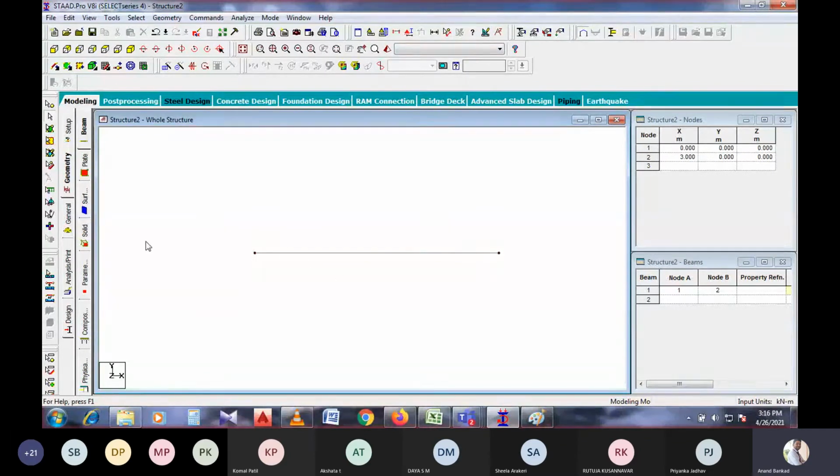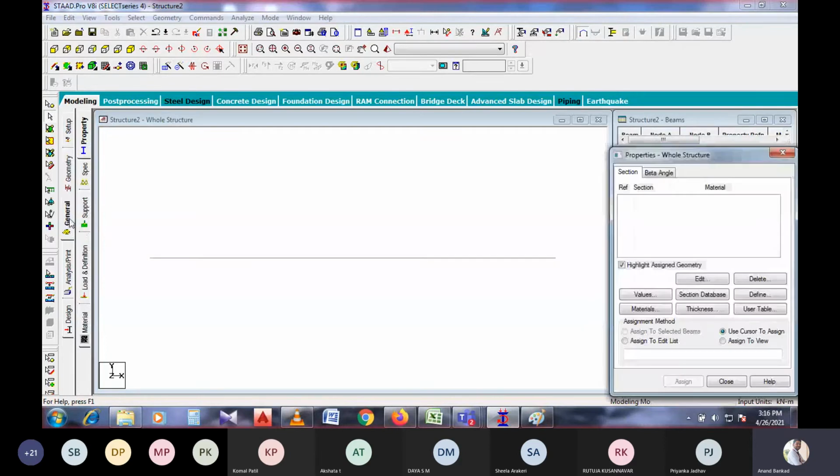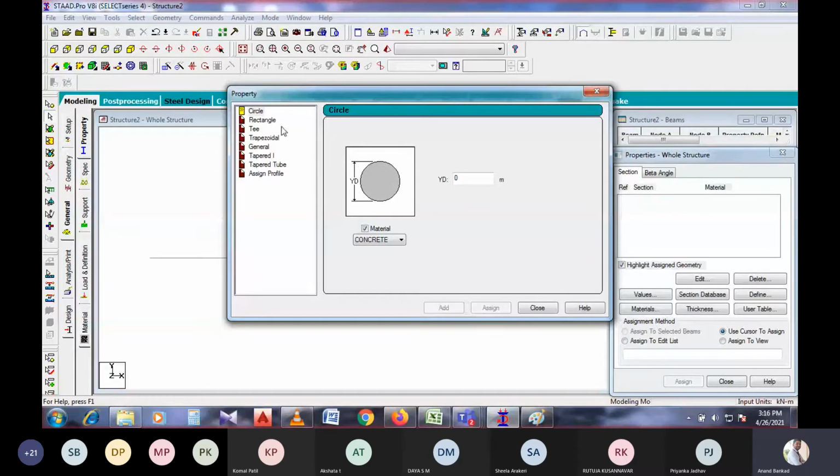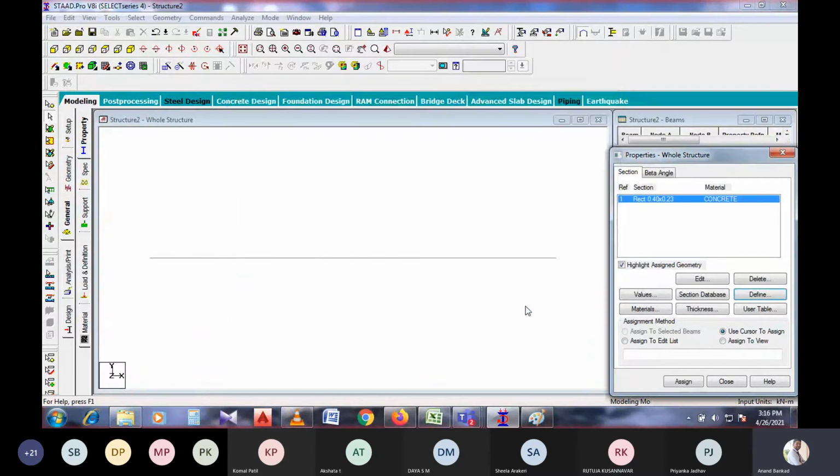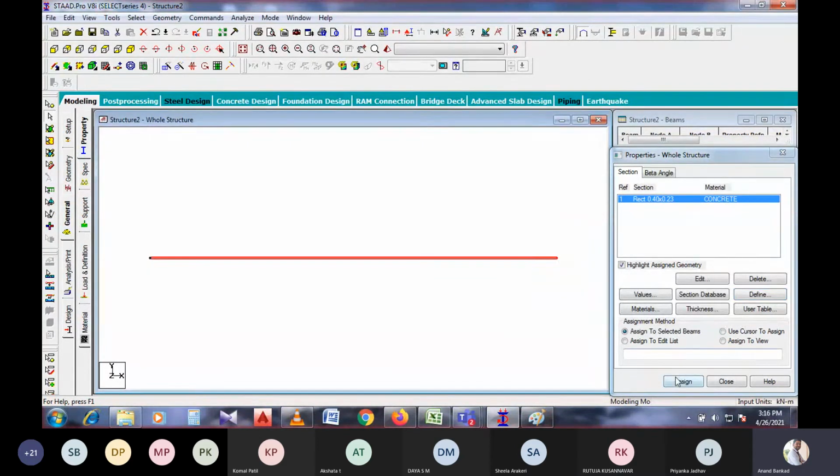Later the geometry is over, and then once you go to general, the property has to be defined. In defining the property, the rectangular section is considered. For the depth of the beam, I have considered 0.4 meter, and width of the beam is considered 0.23 meters. It is added and then close. Then the particular property is assigned to the beam.